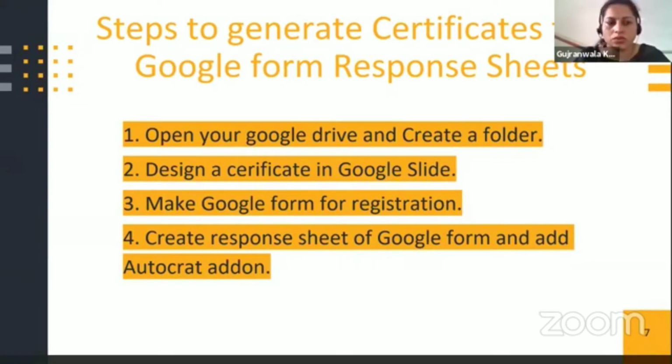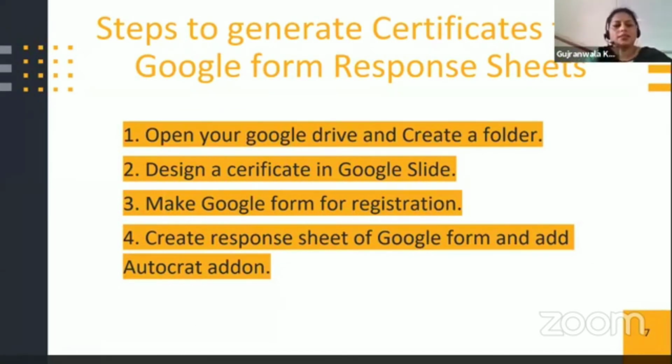It is a restriction. If you want to send more than 100 certificates, then a G Suite account should be created, and Google wants payment for that. So I think for teachers, 100 certificates per day is quite okay, and that will be fine. I don't suppose a class has more than 100 students. So in one day only 100 certificates, 100 emails can be sent, both in the case of AutoCrat and Certify.m.